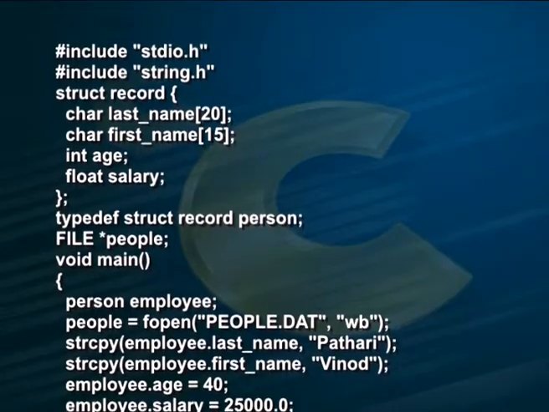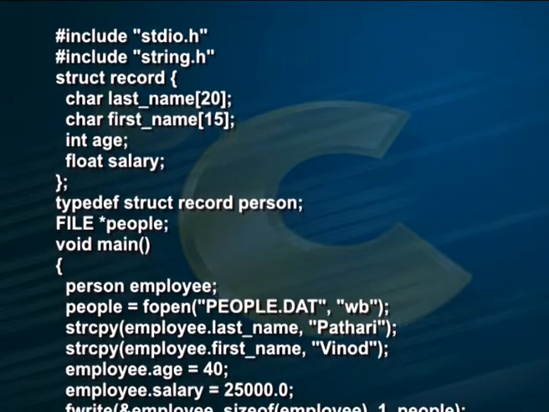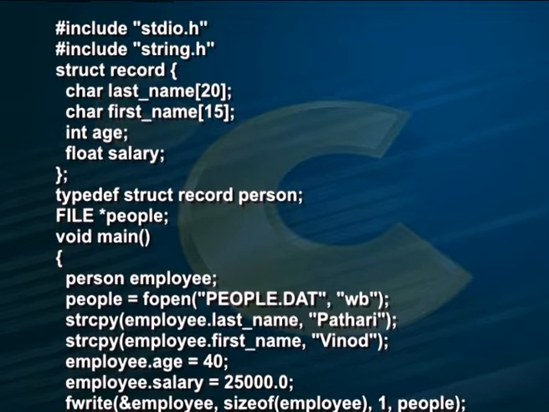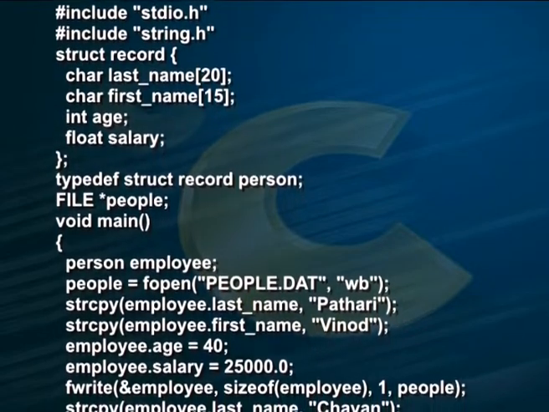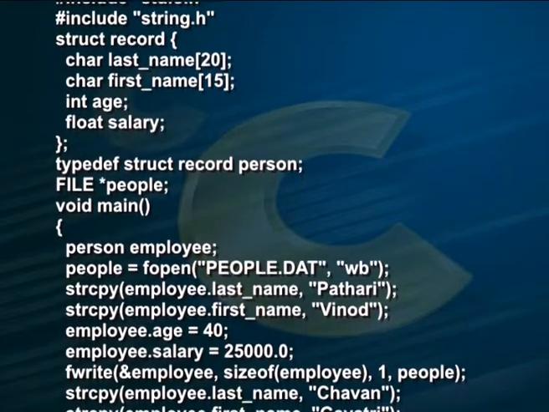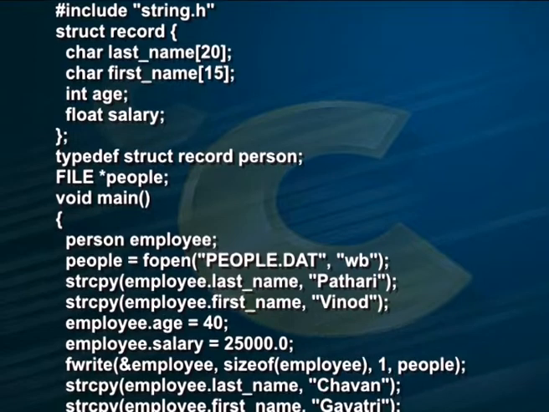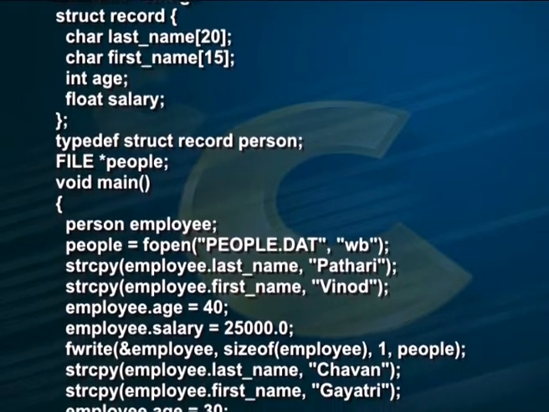See this program that creates a file of 2 records. Each record contains 4 fields: #include <stdio.h>, #include <string.h>, struct record { char last_name[20]; char first_name[15]; int age; float salary; }; typedef struct record person; FILE *people; void main()